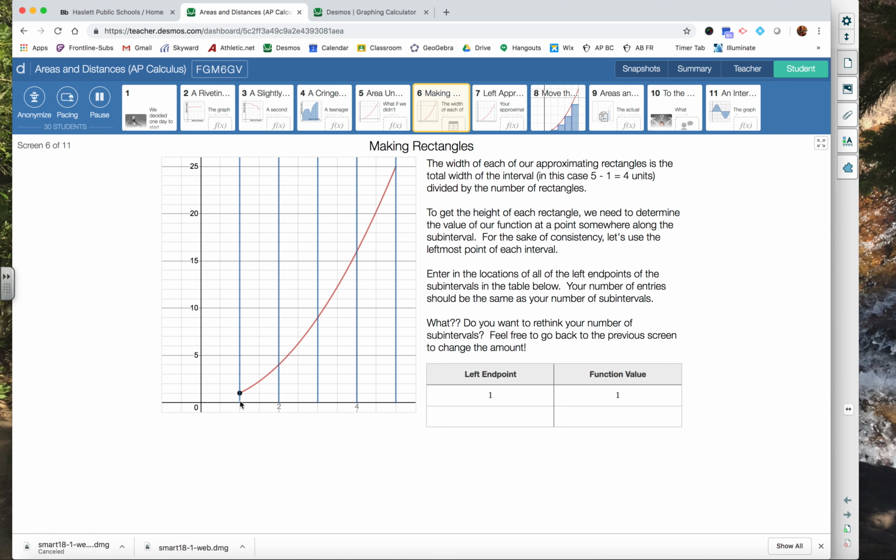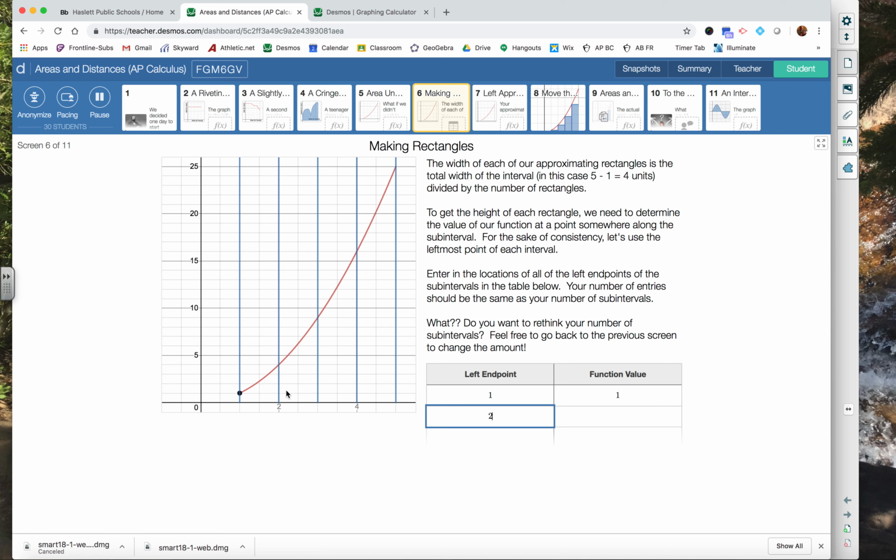So my first interval here starts at 1 and it goes to 2. Overall, it's 1 unit. The left endpoint is x equals 1. The right endpoint is at x equals 2. So if I'm going to approximate using rectangles and using left endpoints, I'm going to figure out what this function is equal to at 1, and that's going to be the height of my first rectangle. Then I'm going to figure out what my function is equal to at 2, because 2 is the left endpoint